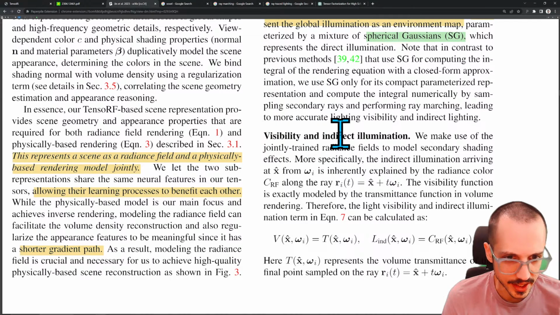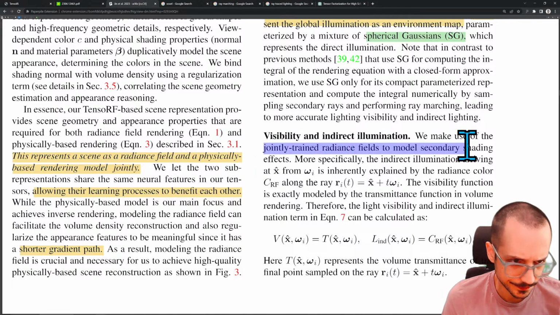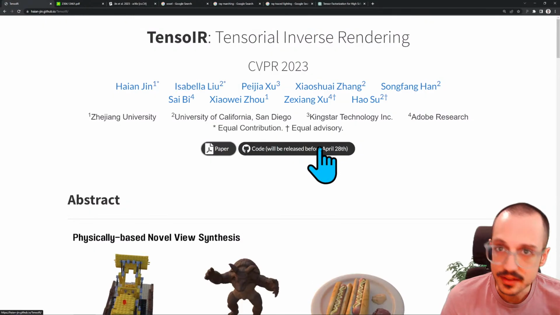Okay, so here's where they're actually going to be doing that. The visibility and indirect illumination. We make use of the jointly trained radiance field to model secondary shading effects. Yeah, this is the crazy part to me. This is kind of where this paper gets a little crazy, is that